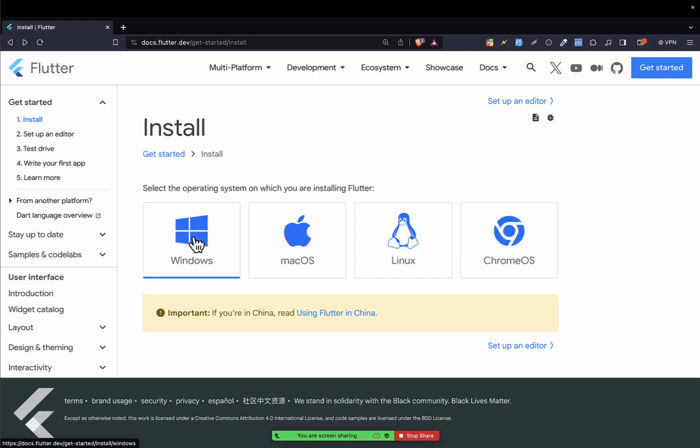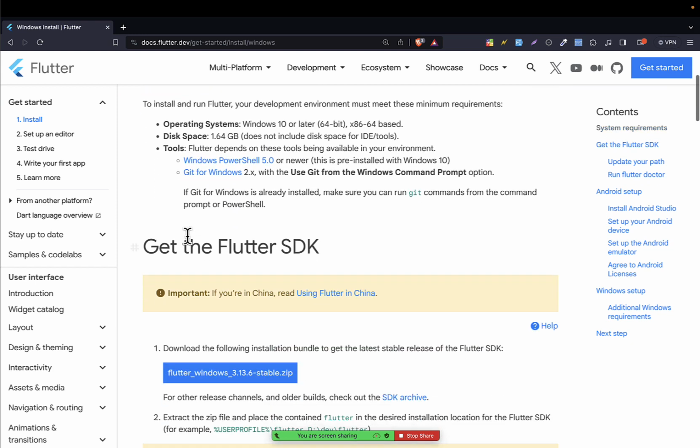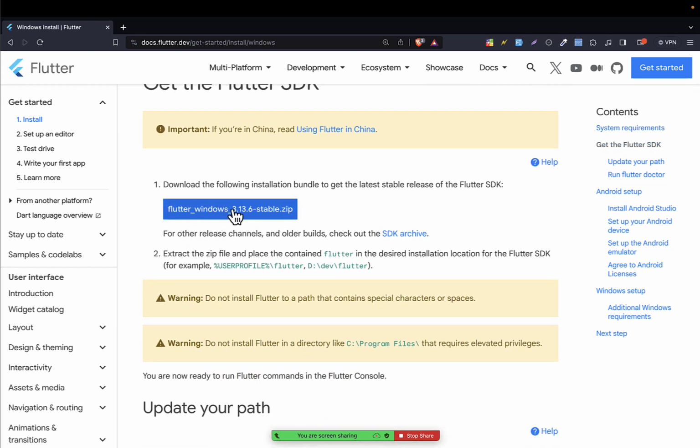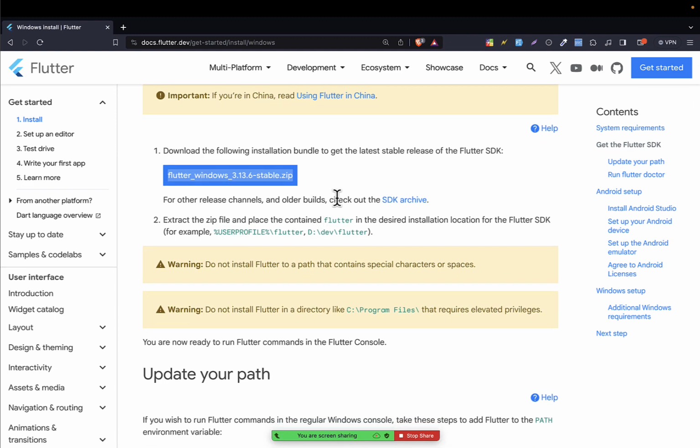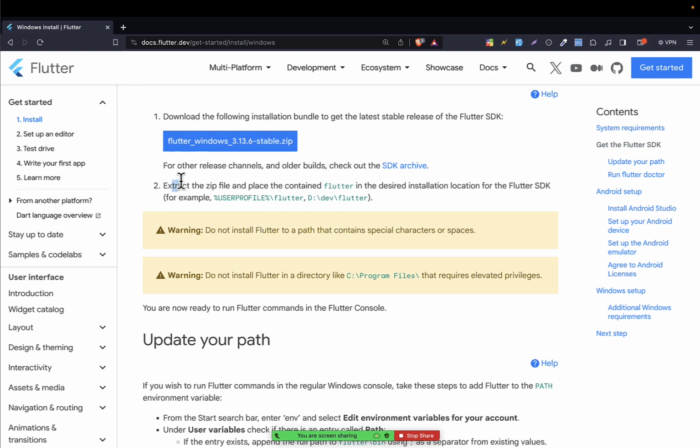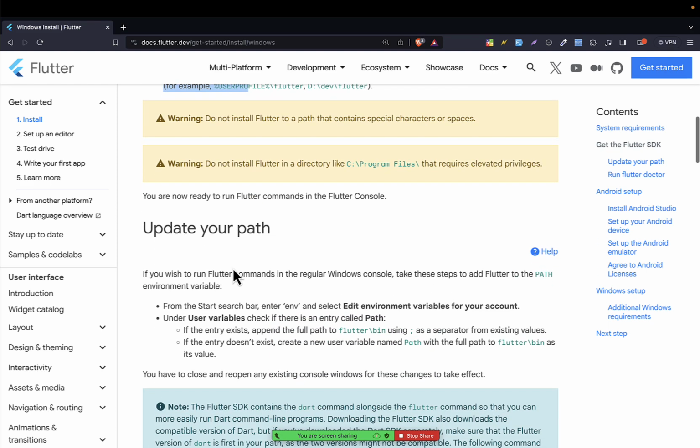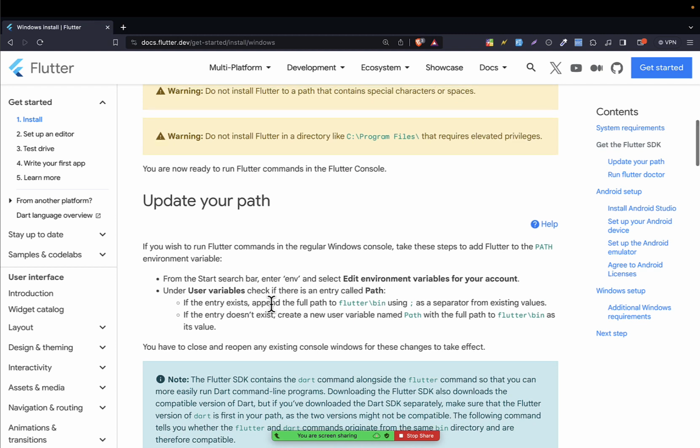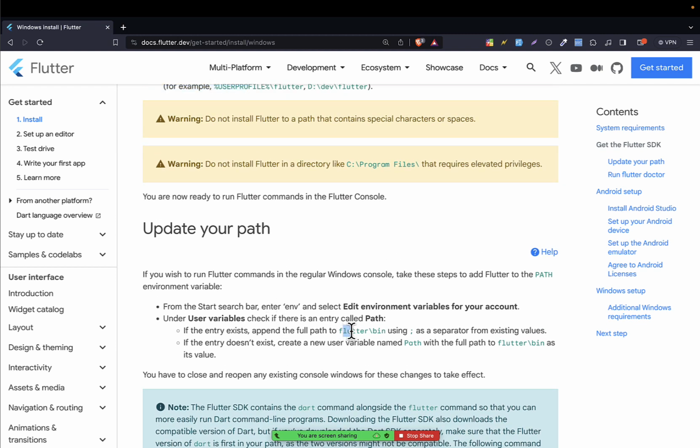If you're using Windows, just simply click on the Windows icon, and then download this zip. After downloading that zip, unzip it, and then put it in a specific folder. After putting it in a specific folder, follow this step. Go ahead and open your environment, and then copy the link of that folder and put it in your environment. To open your environment, you just simply click on